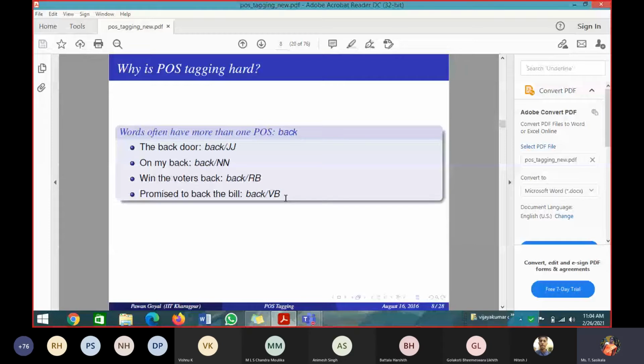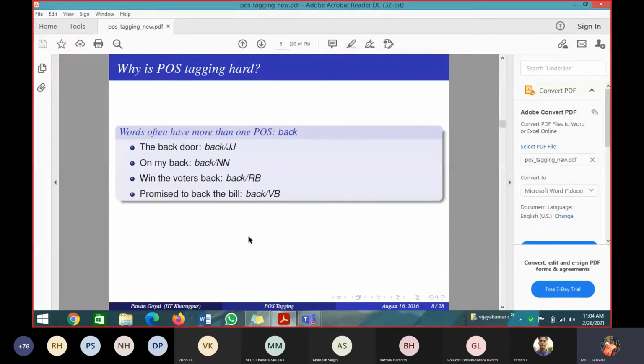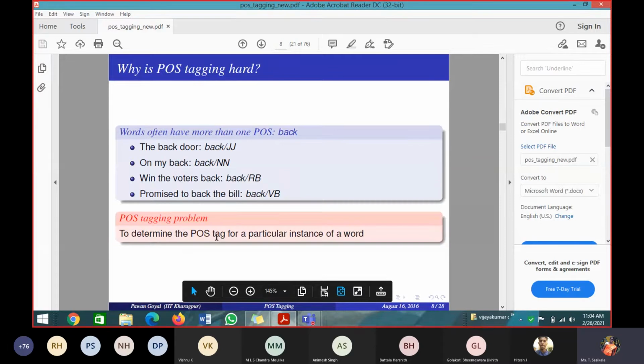So finding out, for this word in this sentence, what the POS tag of this back is. Generally, if you ask the system to assign, it will assign all of these, because it doesn't know which one back means here, unless we have taught the system. So this is why we say POS tagging is hard. Why is NLP hard? Because we have different issues. Why is POS tagging hard? Because the same word has multiple POS tags, so ambiguity occurs here. In order to avoid this, we have to find the correct method to do it.